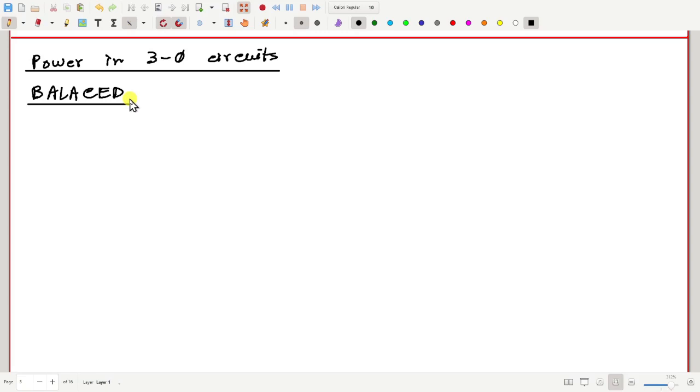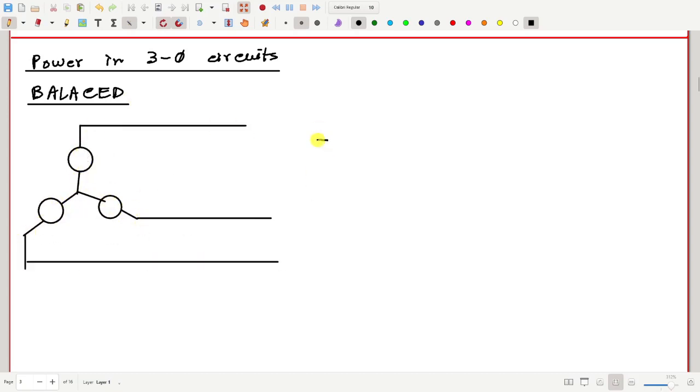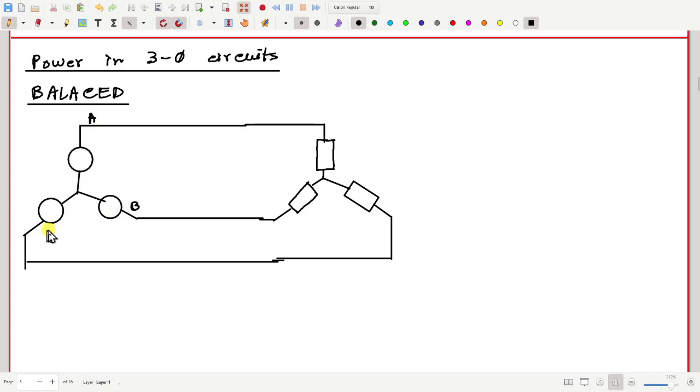Now, suppose we have a star connected system. Suppose this is A, B, C